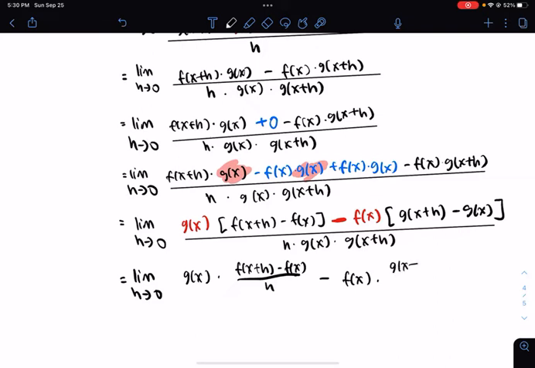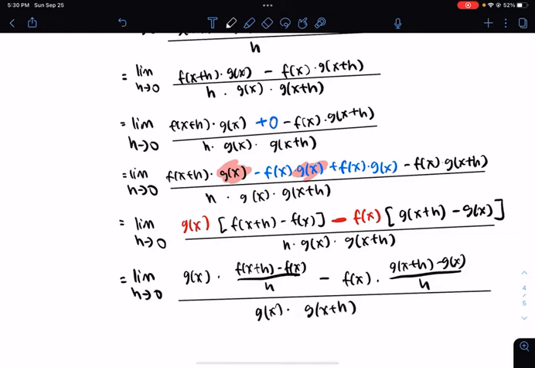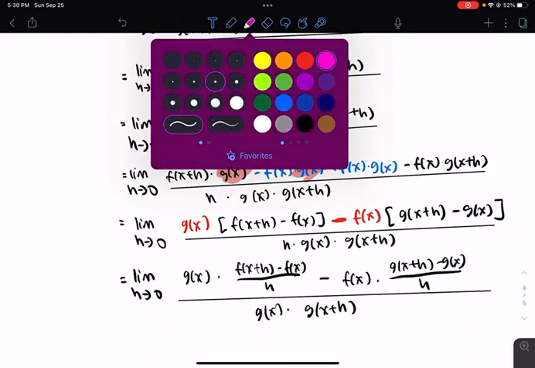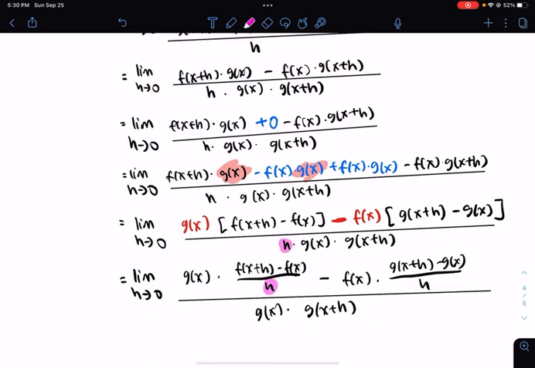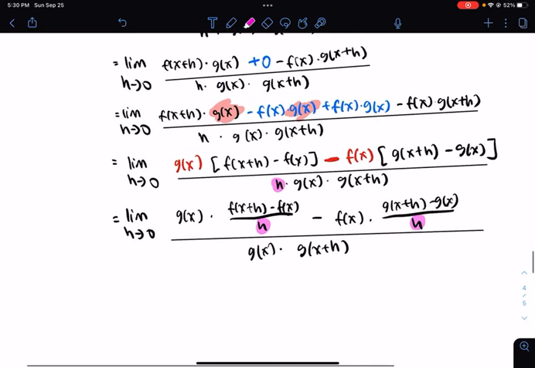And the reason why, you know that simplifies to the derivative of g of x and the derivative of f of x. So now on the denominator, I'm left with g of x times g of x plus h. Alright? We're almost there. So limit as h approaches 0, g of x